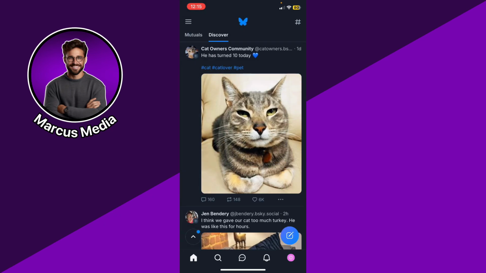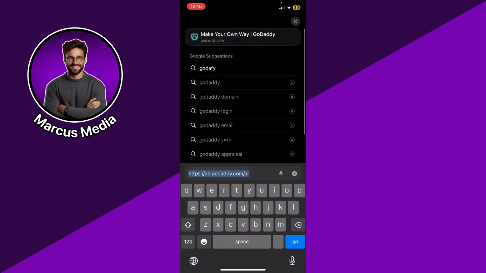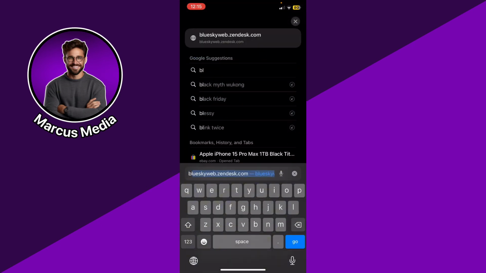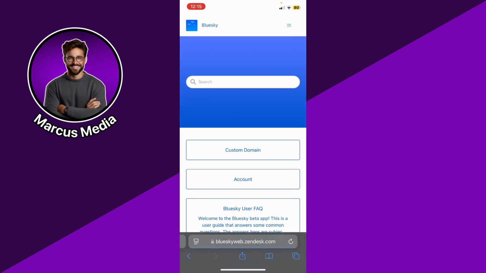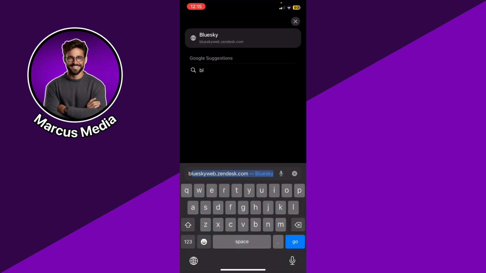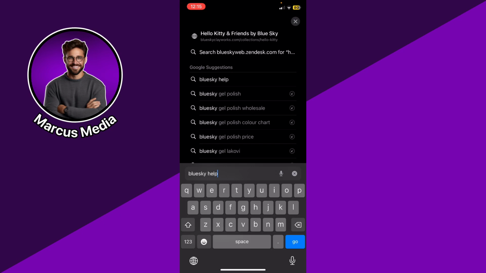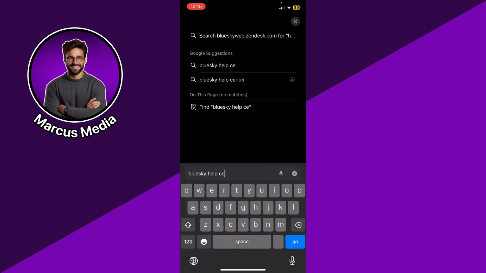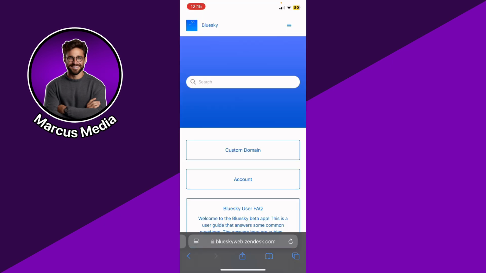And if you want to submit a request officially to Bluesky, you can go back to your screen and go ahead to the browser, and then just type right here Bluesky, and then you could just type Bluesky Help Center, right? Then basically you're gonna just go ahead to their official website or Bluesky Zendesk, right? And then basically click the three bars at the top right, click submit a request, and then